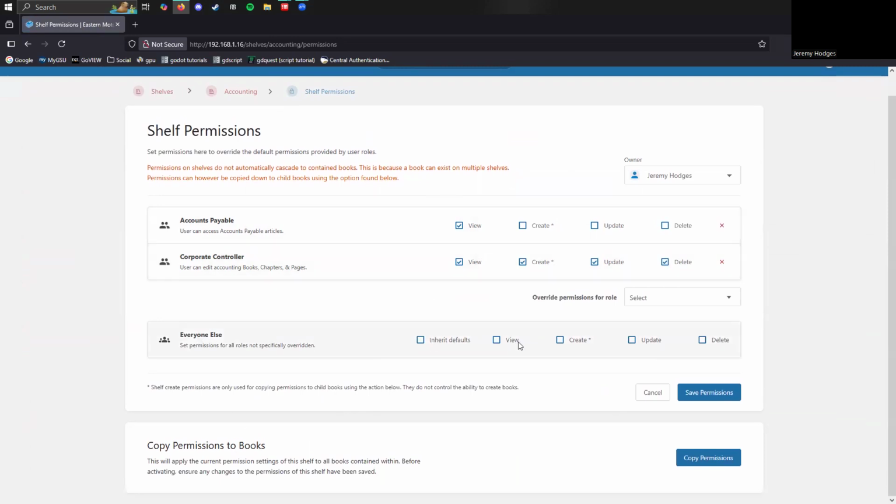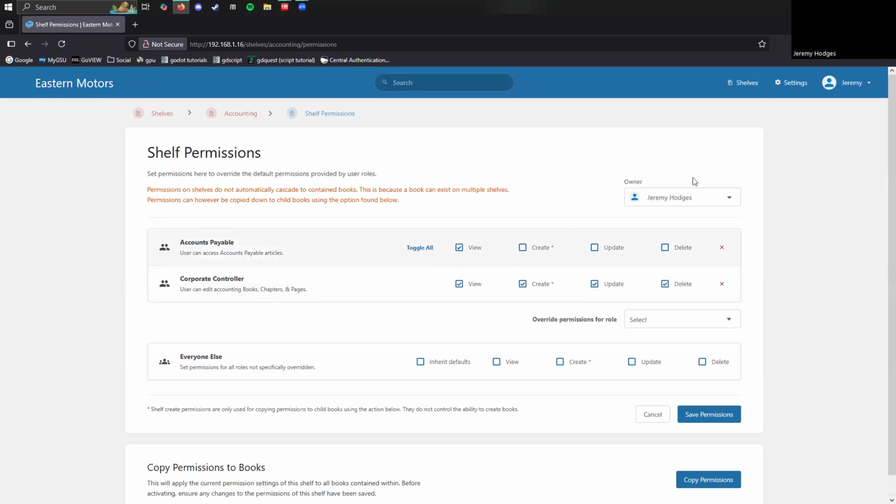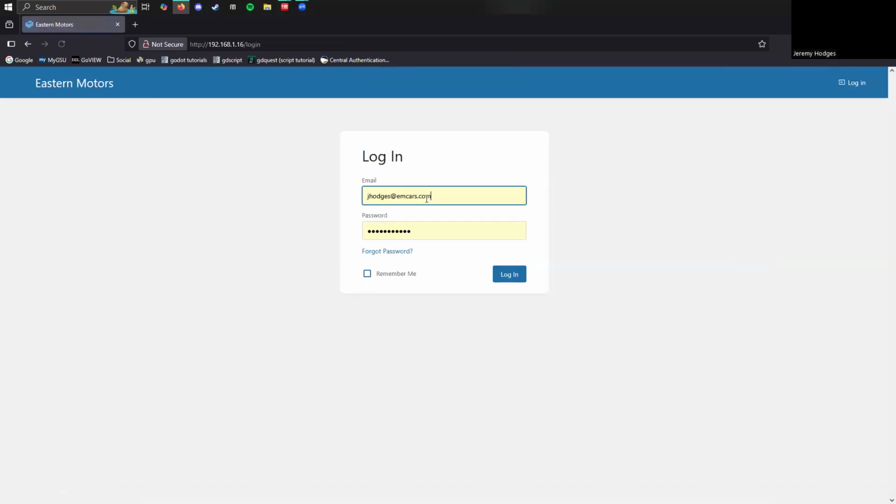Everyone else can do nothing. And this overpowers a user role. If a shelf tells an employee that they cannot view it, then only these up here will be able to view it. If I log out of my global account and into Haley Wright,